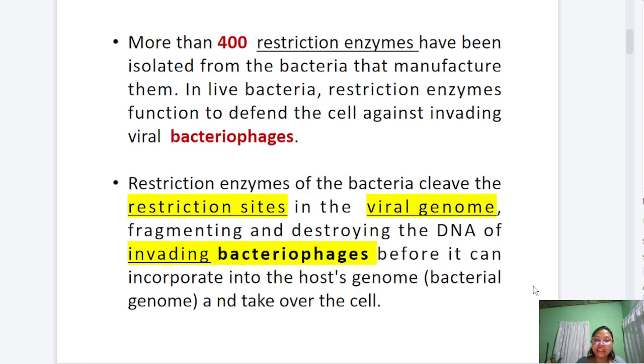So basically, these restriction enzymes are present in prokaryotes to act as the warriors or the soldiers or the fighters that are going to destroy the viral DNA or the bacteriophages or any unwanted extracellular DNA that is entering or that wants to enter inside the bacterial cell. I hope it is very clear. Okay. Now,